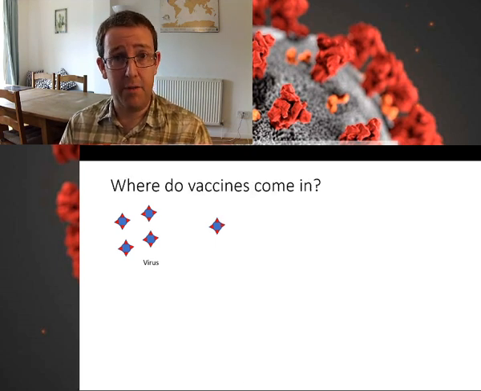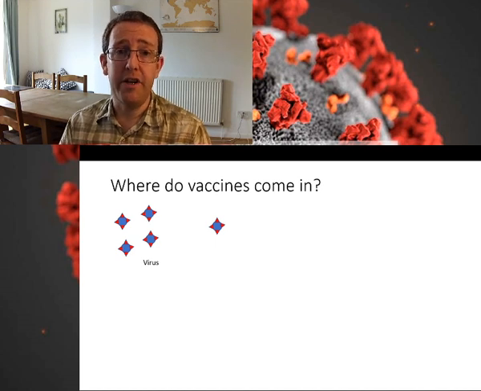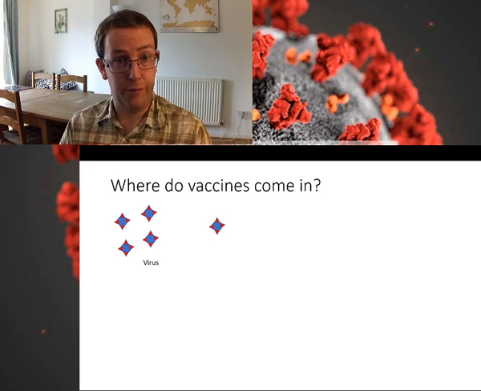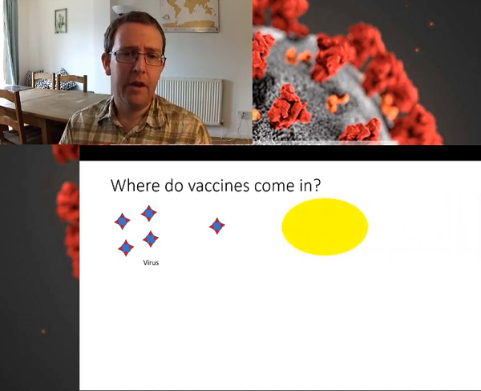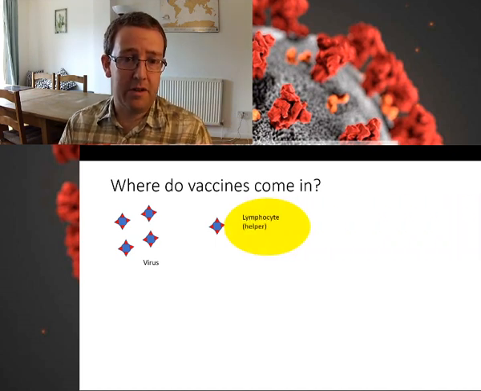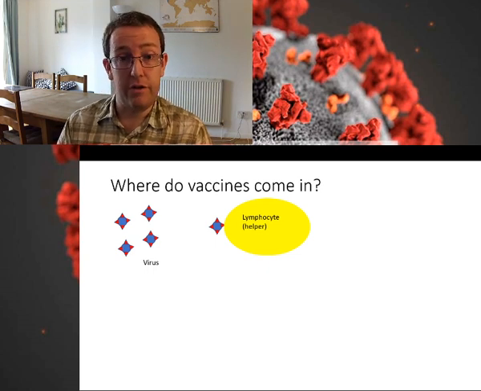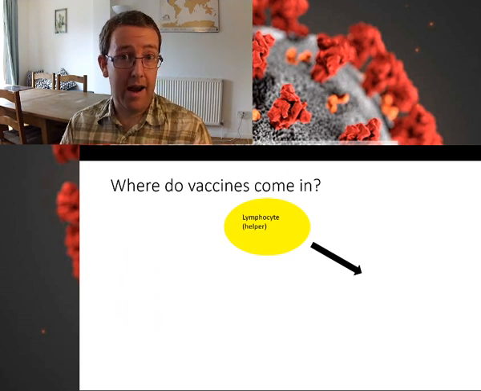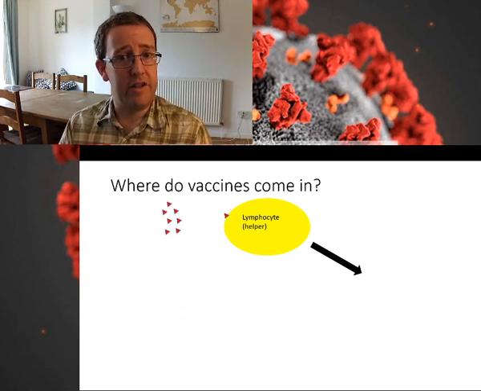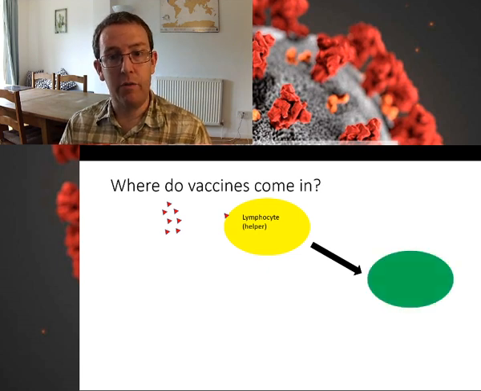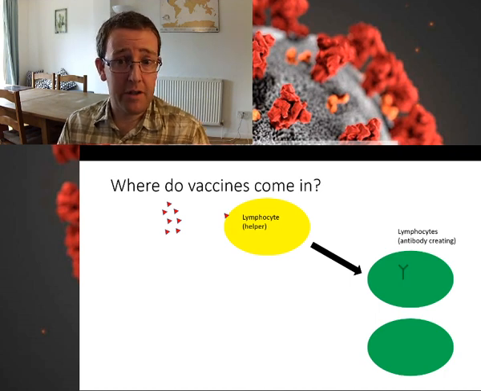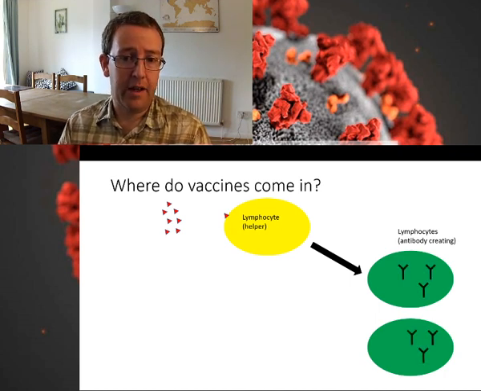So where do vaccines come in? What is a vaccine? Well, essentially, how do we make people have that response, have the ability to make the right antigens for the long term, or the right antibodies for the long term, without actually making them sick? Okay, well, this was the first 2 steps of how the immune system works. Now, really, it's only the antigens that the immune system is actually working against. So what if we were able to take away the virus and just put the antigens in? Okay, well, then our lymphocyte would force the generation of antibody-creating lymphocytes that would form these antibodies, okay, so that